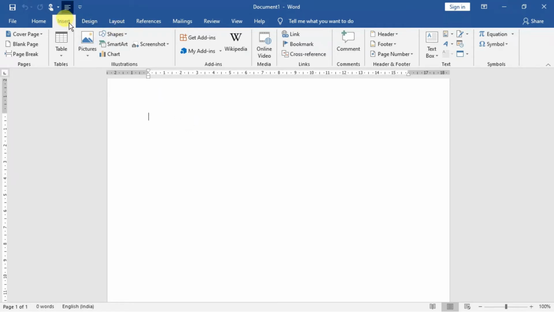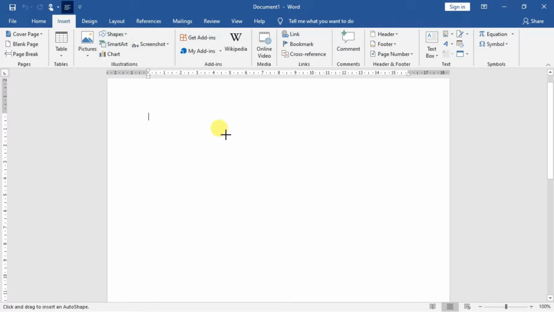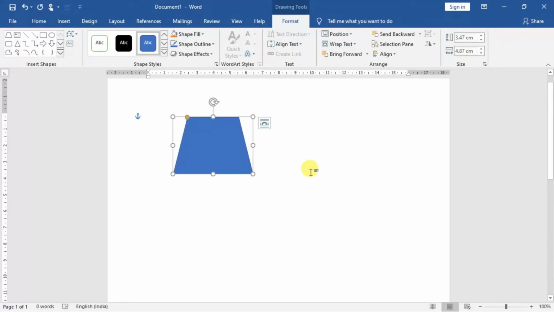So first of all, you have to go to the Insert tab, then to the Shapes button under the Illustrations group. This is the important place from where you can access those things. Now some of the basic shapes are already available here, many different shapes. You can take a shape from here, and the mouse pointer will be converted into a plus sign. You can just click and drag, and the basic shape will be drawn.